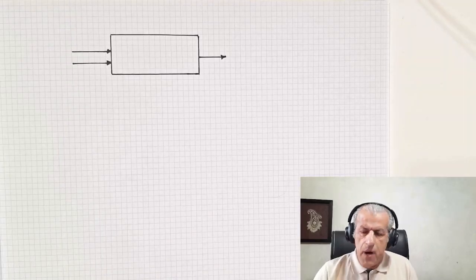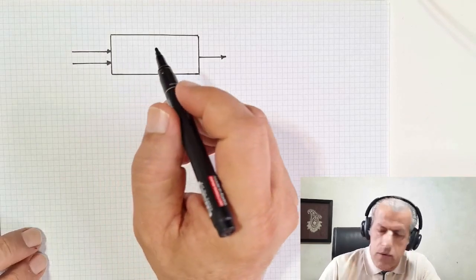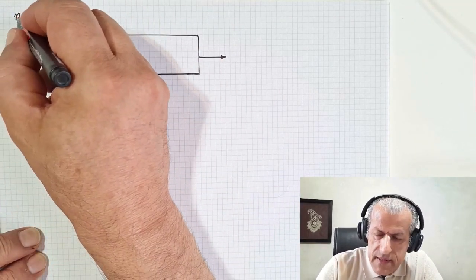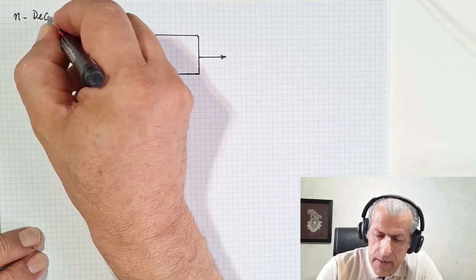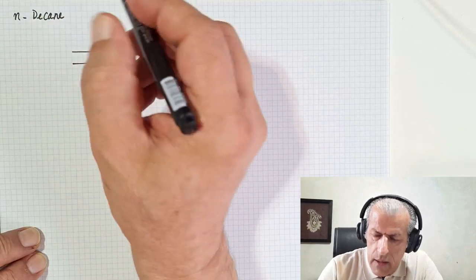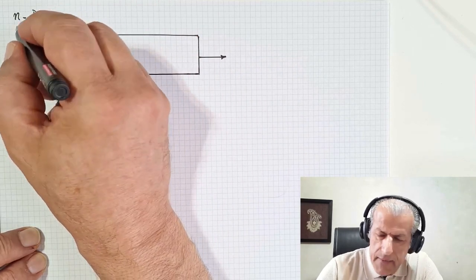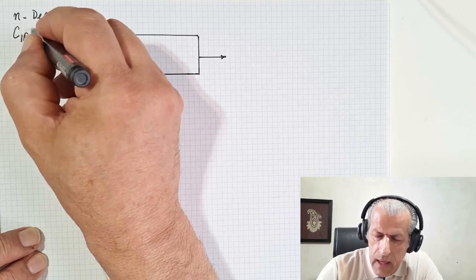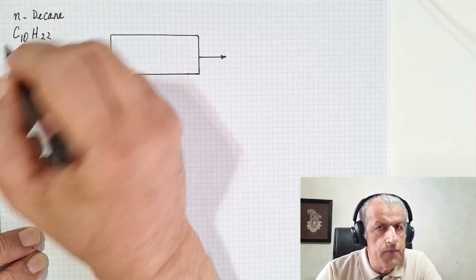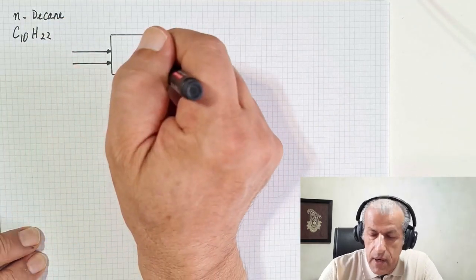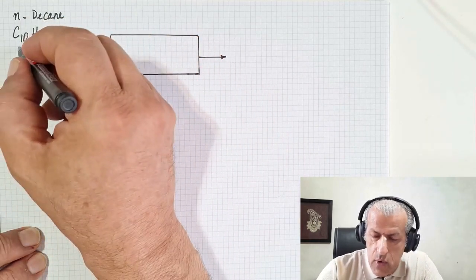Greetings. The problem I want to solve for you today is on the combustion of n-Decane, and its composition is C10H22. Now, n-Decane enters our combustion chamber at T equals